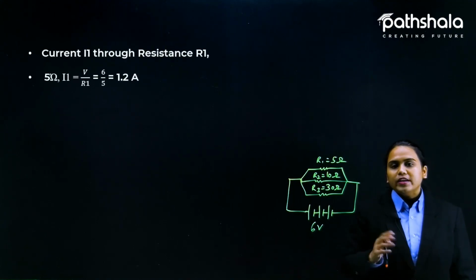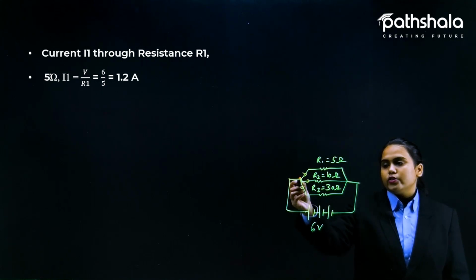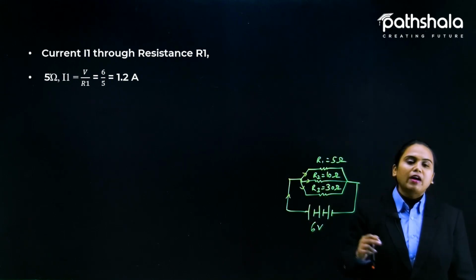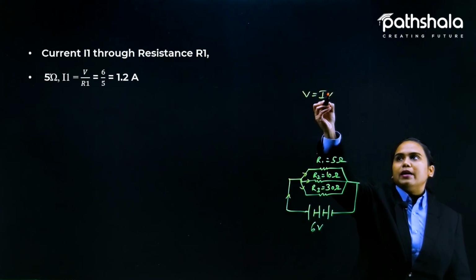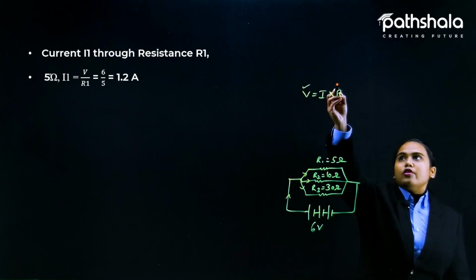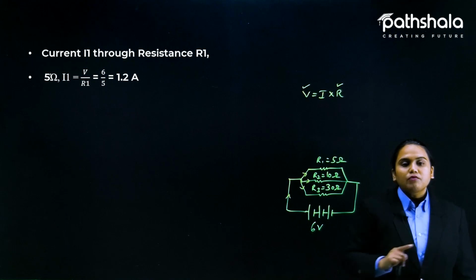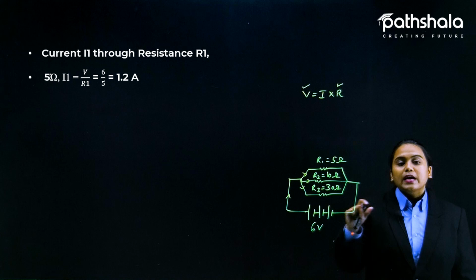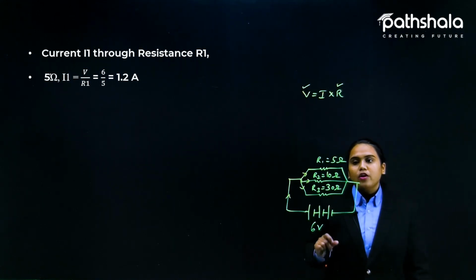Okay, now in your calculation part here, we need to find the total current. Here we don't know what the total resistance is, so how will we find total current in this case? Because according to Ohm's law, V is equal to I multiplied by R. We know the value of V here. We know the value of R, but that R is not actually the equivalent R. So first of all, we need to find the value of equivalent R combined in a parallel combination. For that, we need to find the value of I.